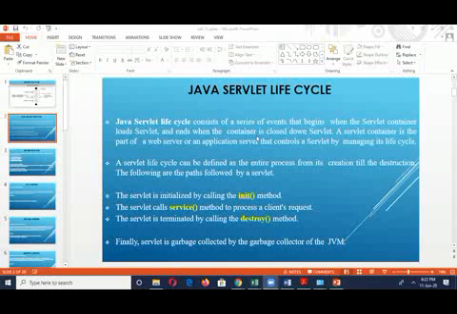The servlet lifecycle can be defined as the entire process from its creation to its destruction. The servlet is initialized by calling the init method. The servlet calls the service method to process a client request. The servlet is terminated by calling the destroy method. Finally, the servlet is garbage collected by the garbage collector of the JVM.